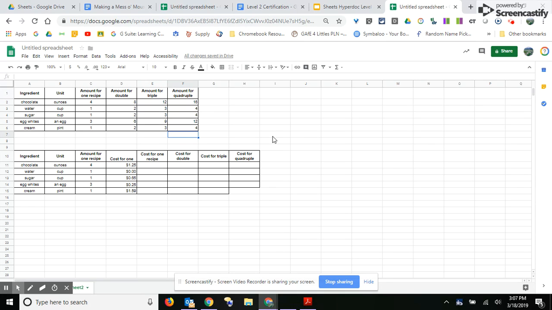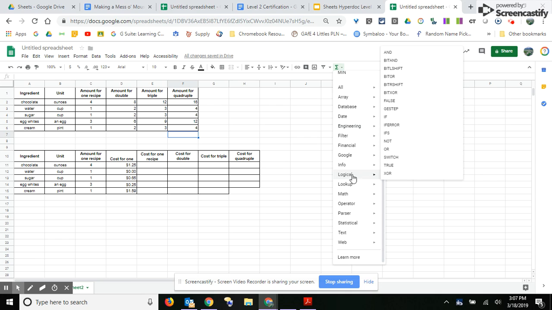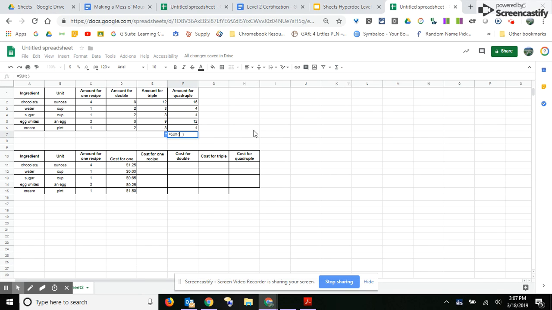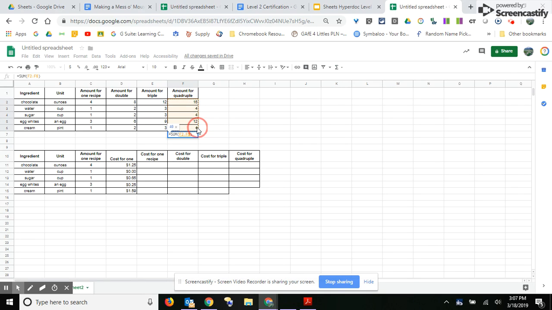Okay, so now that's how you put in a formula, and you can see in your formula bar what that is. However, I can also use these functions. So there's a whole bunch of functions here, many more than I'll ever use or even understand. So let's go ahead and add all these numbers up right here. I can click on the sum, which I did, and that just puts the equal sum, and then I have to put cells in here. So all I have to do is click or drag the cells that I want, hit enter, and there I